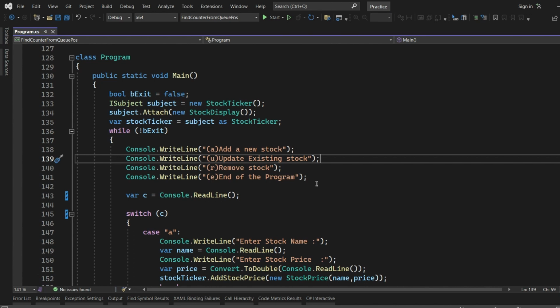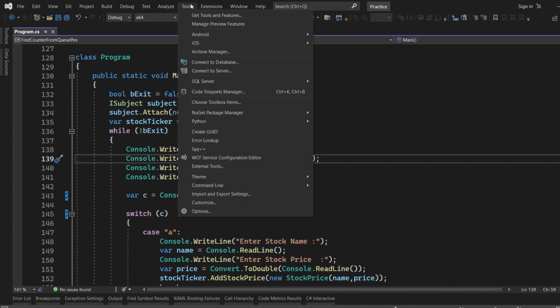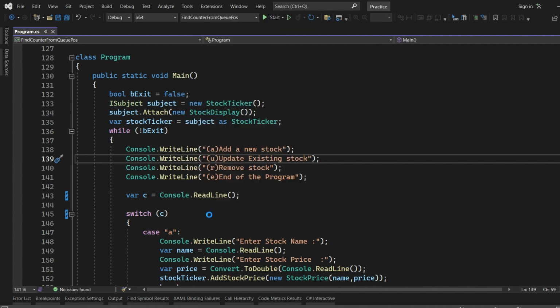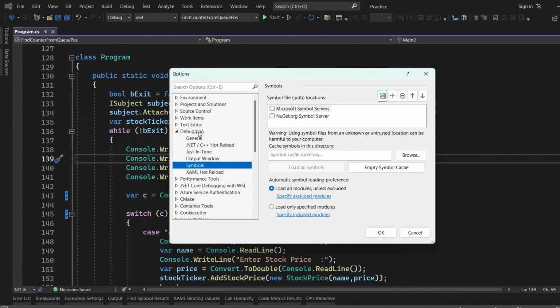Jumping onto the video, first things first, before starting debugging, you have to go to the tool options and check the debugging symbol setting. This particular setting will determine what all symbols get loaded in your application when the debugger starts. So you have to set the symbol server properly, from where to fetch the symbols required for your application,